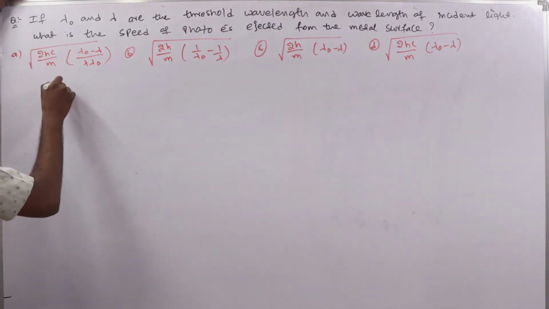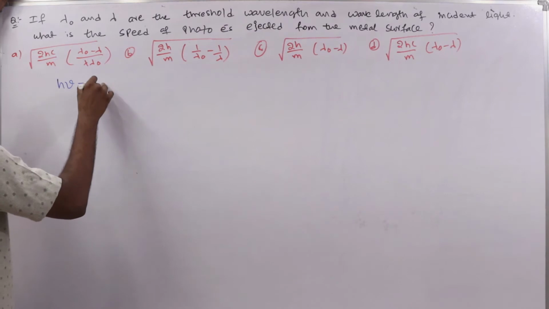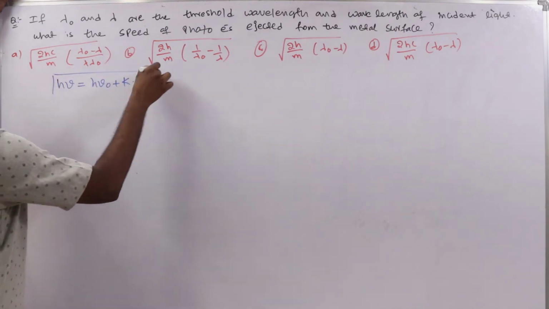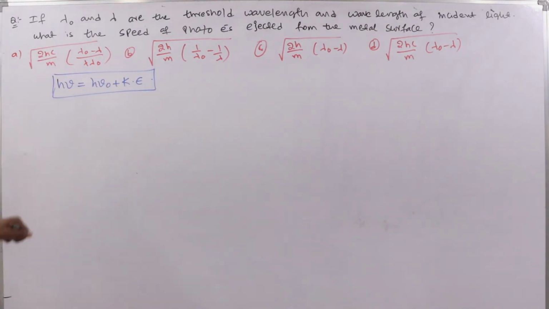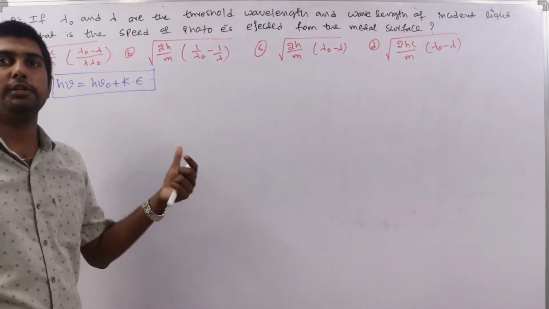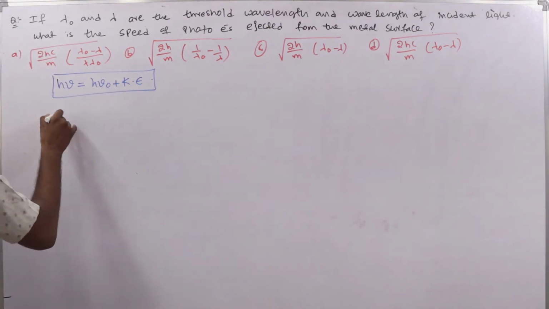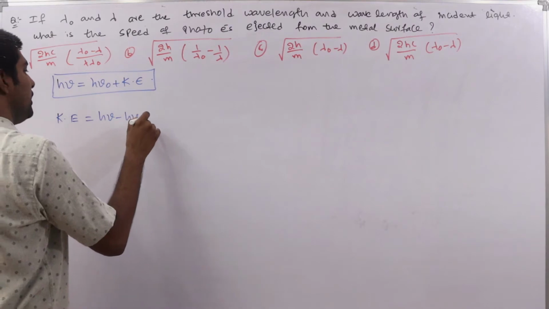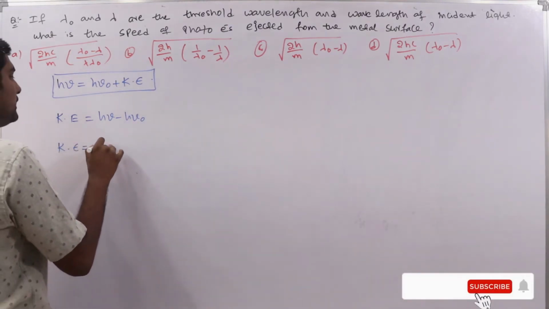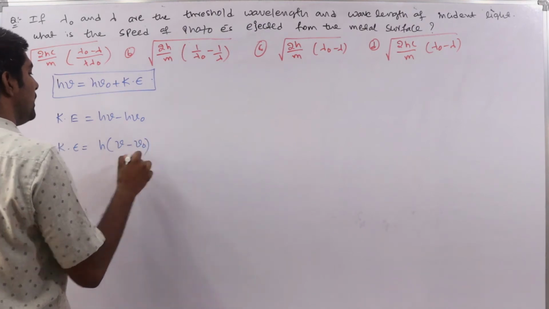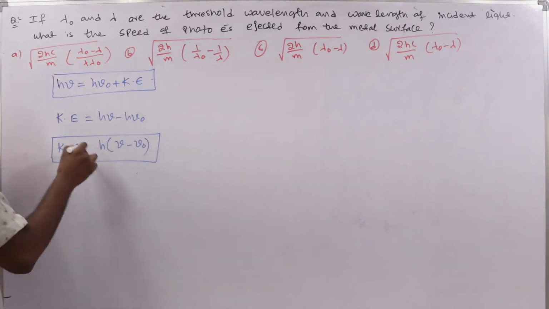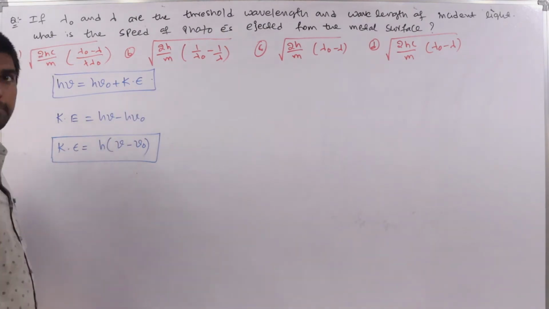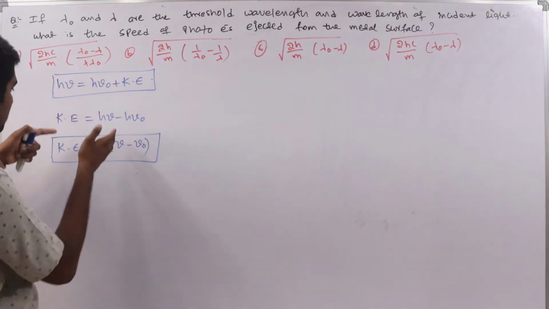So here from the photoelectric effect we know that h nu equal to h nu naught plus kinetic energy. This relation we already discussed. Okay, so in the place of the work function we are writing h nu naught. So from this one we can write kinetic energy equal to h nu minus h nu naught. So that is kinetic energy is equal to h into nu minus nu naught. Just now we have discussed two problems related to this formula. Okay, actually this is generated from this parent equation. This is the original equation, from this only we got this.